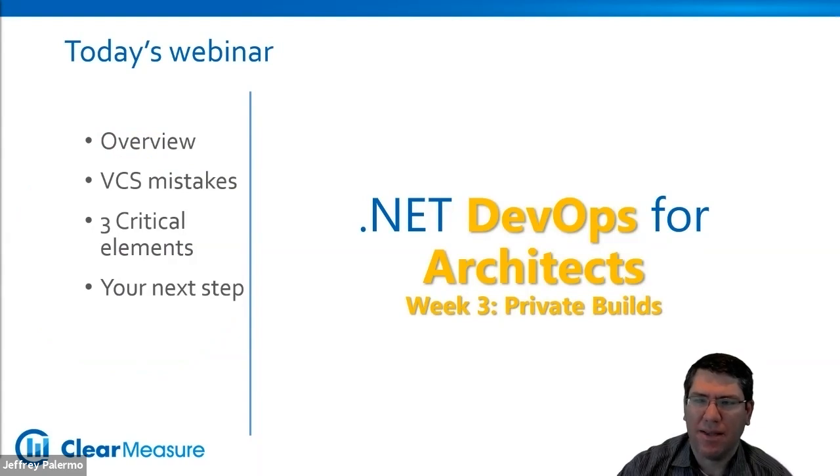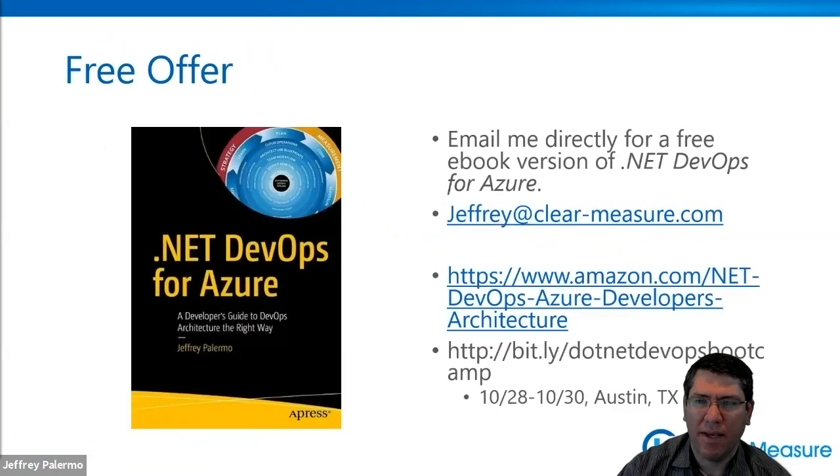So last week, we had an overview of the VCS mistakes, the 3 critical elements there. But today we're progressing into private builds, okay? And I want to give you something of value and help you get automated and help you get through this content. So I don't want you to continue to be frustrated and sometimes trapped by the software that you work on. Doesn't software always seem to find a way to break upon deployment? And so let's get away from the lost weekends and surprise overtime due to the software builds and deployments going poorly.